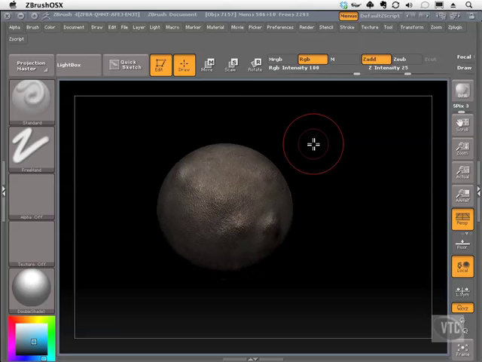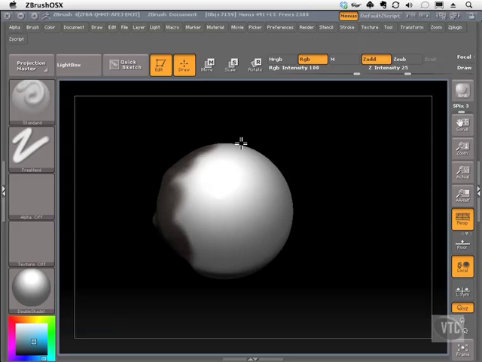Here I'm inside of ZBrush, and as I mentioned before, I really want to show you that you can take stuff from everywhere, from Photoshop, from Illustrator, from ZBrush, any multitude of applications, and create a finished piece of artwork inside of After Effects. Now this is the planet that I created inside of ZBrush, and as you can see,